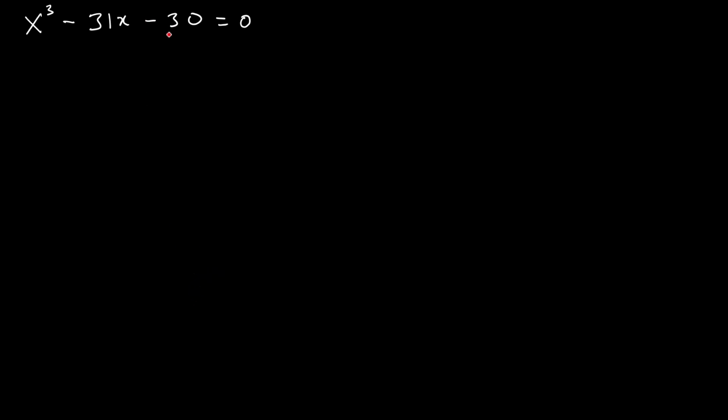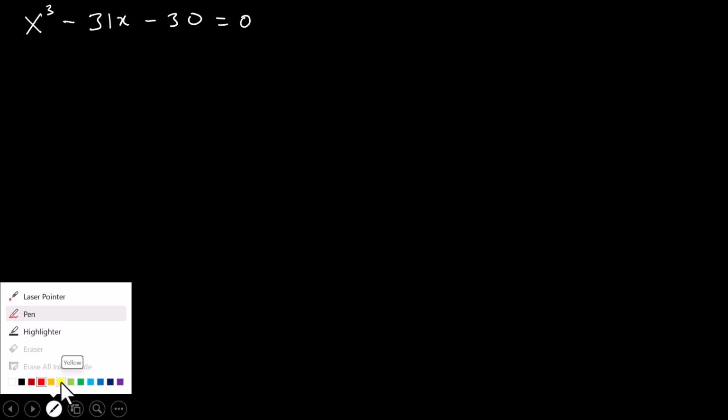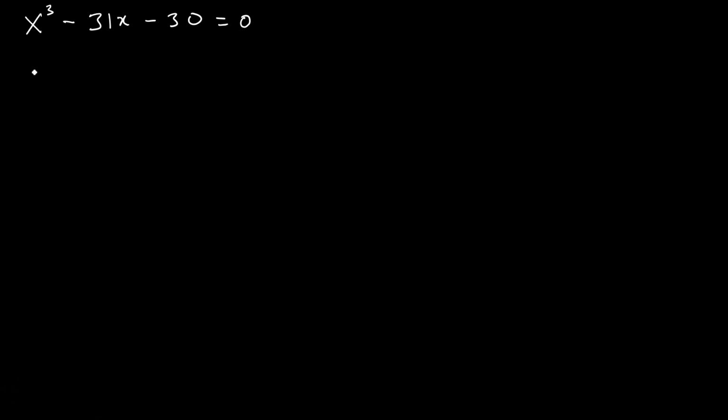We know the constant part here is negative 30. So we look for the factors of minus 30. Of course, we start from plus 1, minus 1. So we can say, let f of x be x cubed minus 31x minus 30. Let's look for the first factor as we do our trial and error. So let's start with